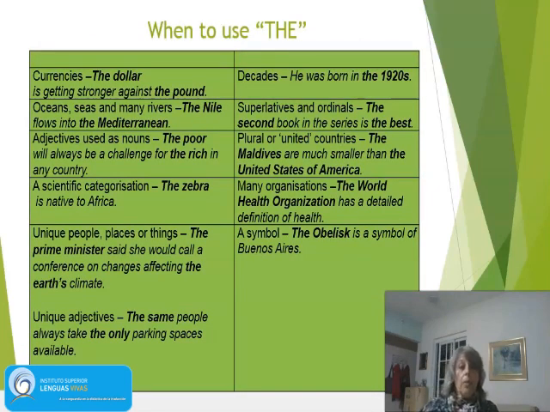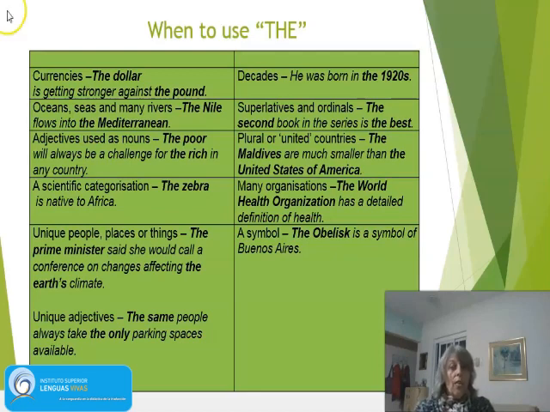Here follow some examples about when to use the definite article: currencies, the names of oceans, seas, geographical features. Adjectives as nouns: the poor, the rich, the blind. Scientific categories, unique people or places, unique adjectives, decades, superlatives, ordinal numbers, plural countries, organizations, or symbols. You read, this is a kind of guide